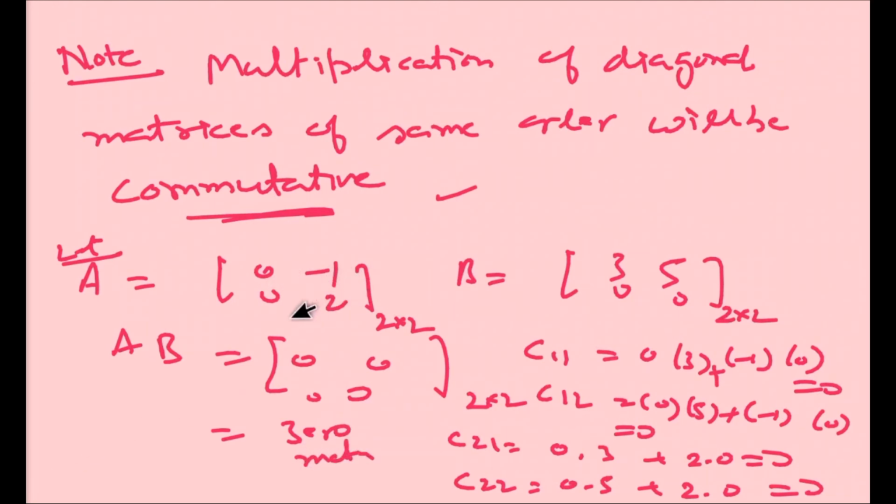But are these 0 matrices? What is the 0 matrix? 0 matrix is when all elements are 0. So A is not the 0 matrix. Okay, B is also not the 0 matrix. So we can say